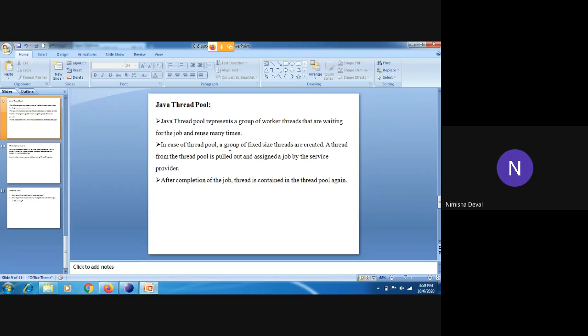In case of a thread pool, a group of fixed size threads are created. A thread from the thread pool is pulled out and assigned a job by the service provider, and after completion of this job, the thread is returned to the thread pool again. Okay, so this is nothing but a complete process of a thread. Concurrently, a number of threads are going on, but to assign them, there are different ways. So for that, we will need two separate programs. One is a worker thread and another is a